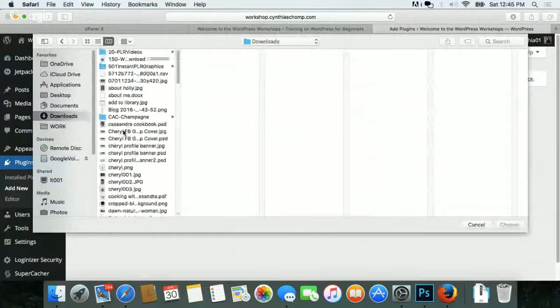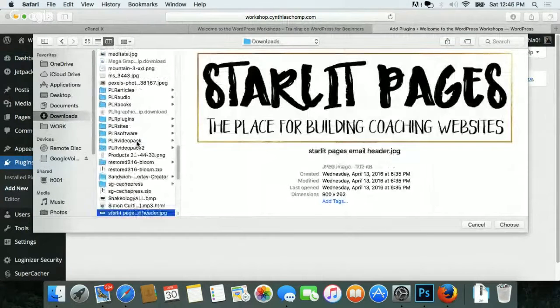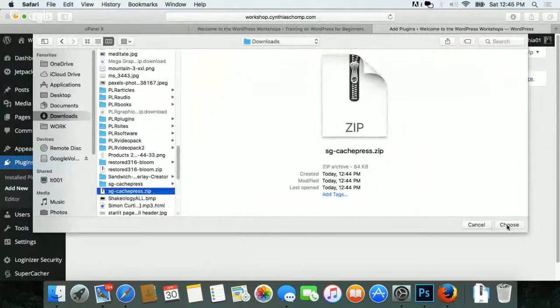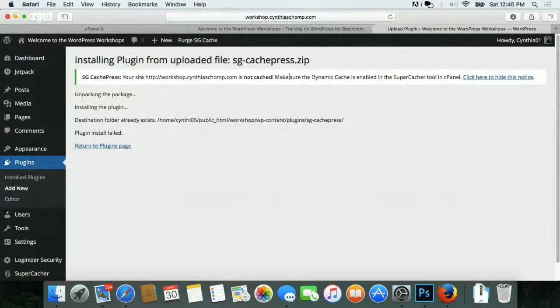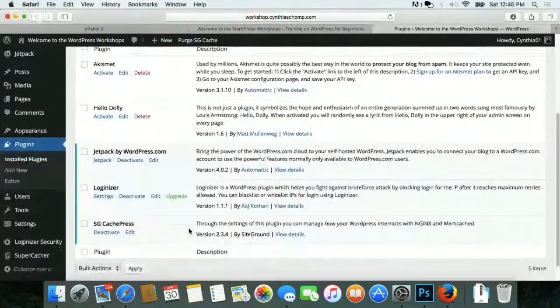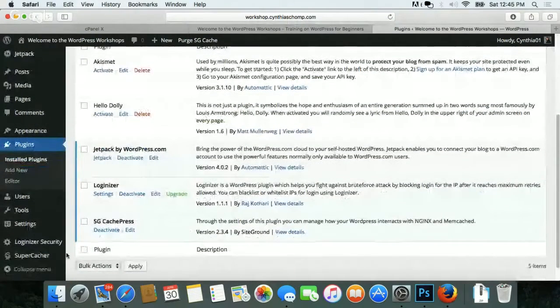Go to Downloads, a little SiteGround thing. The zip file is the one we select. Hit Choose, Install Now. And that should take care of this annoying little dynamic cache notice. Oh, it says failed. Installing destination folder already exists. So return to plugins page, we probably just have to activate it. It is activated. Okay, so